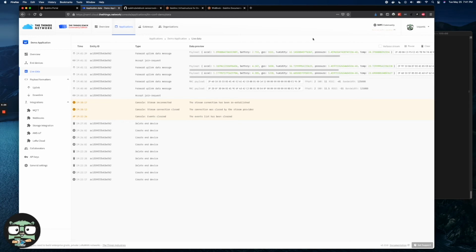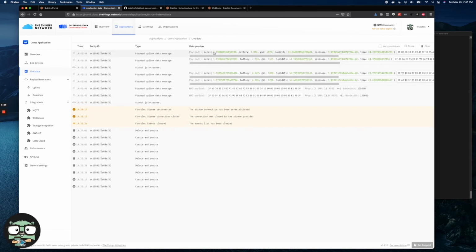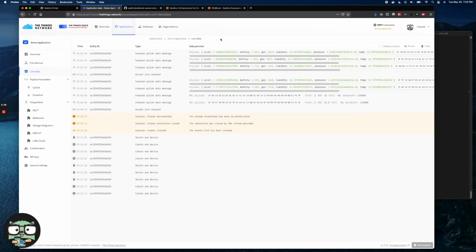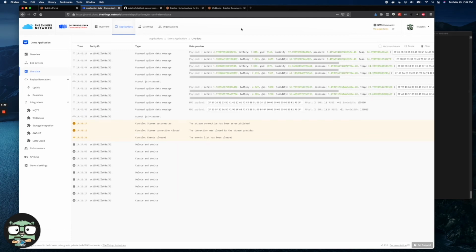So know that the acceleration is never going to be 0 because gravity is affecting the accelerometer. But if I go ahead and take this and just move it around a bit, you can see that that raised to be 1.3 instead of just over 1, and I can be a little more enthusiastic with that. I don't want to shake my device around too much. There we go, 4.77. So now we can detect if someone walks off with our device,